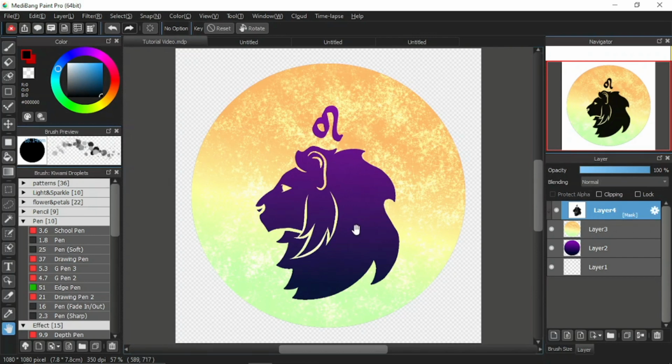As you can see, the black color of the lion has already changed into the color of the purple gradient, which is down here. The mask layer has covered the yellow layer 3 in the shape of the lion just now, and as it covered the layer 3, then layer 2 is now visible. Okay,